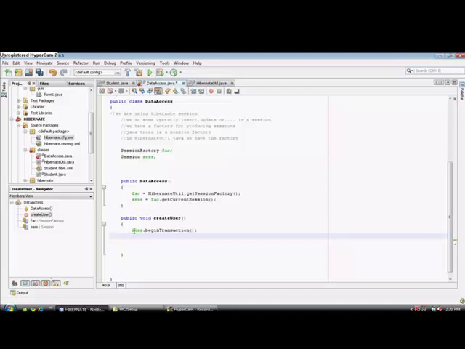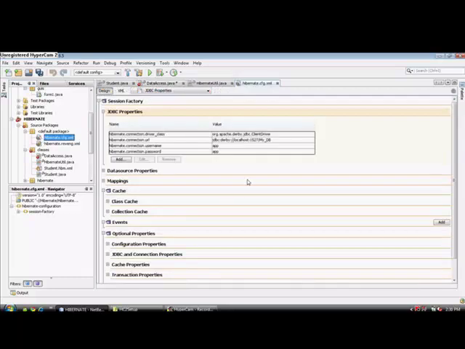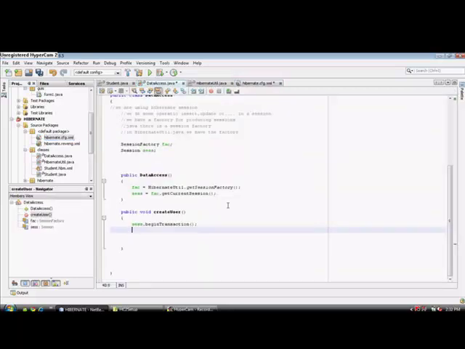Here in Hibernate we are dealing with sessions in order to ensure that some transactions happen correctly. Otherwise we have to roll back the transaction. So okay, in the createUser method in our data access class